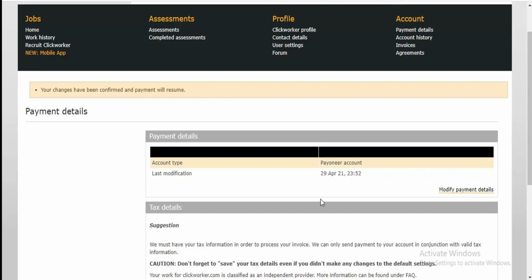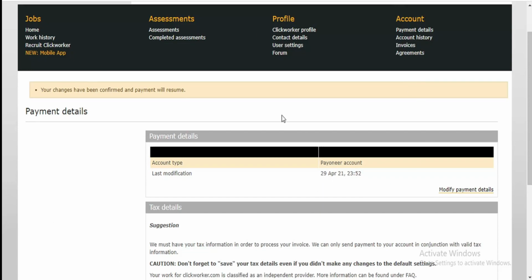And as you know, Clickworker pays every Thursday. So there is one more Thursday between May 12th and today, which is next week. So if you want to get the payment of next week as well, then don't change the payment method to Payoneer. Just keep it as PayPal that you are receiving now, and you will be getting paid in PayPal. And before May 12th, just make your account linked to Payoneer so that you will be getting payment to Payoneer, because I am sure the exchange rate at Payoneer will be much higher than the PayPal account, and also you will be getting your money transferred to your bank account much quicker than PayPal does.